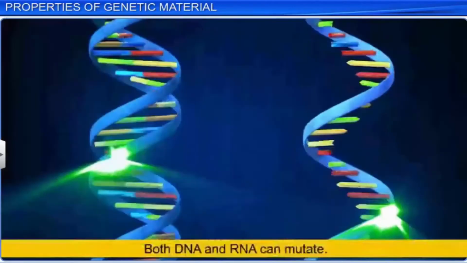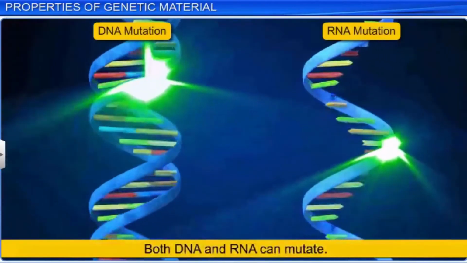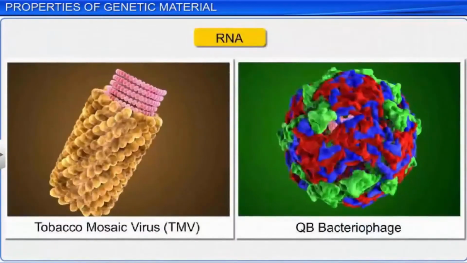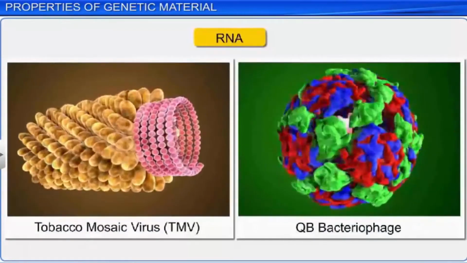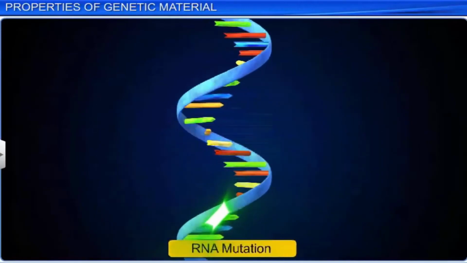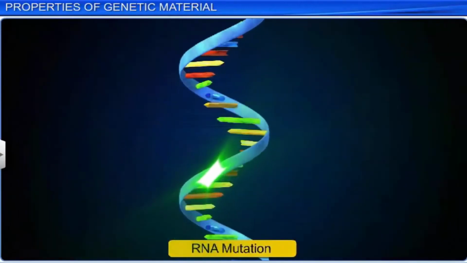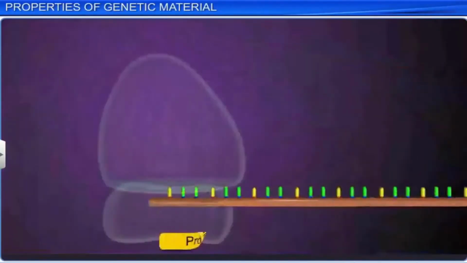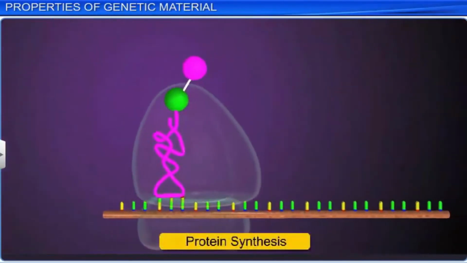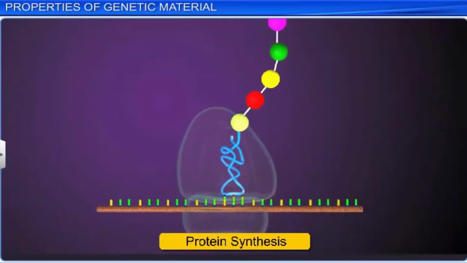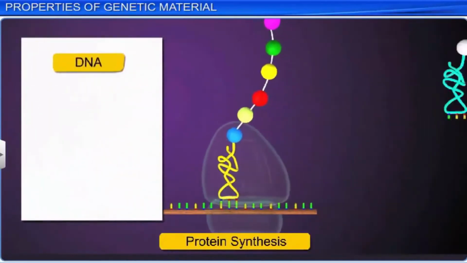Yet, both DNA and RNA can mutate. However, viruses with RNA genome evolve faster by mutation due to the ability of RNA to mutate quickly on account of its relative instability. Nonetheless, RNA can directly code for protein synthesis and thereby easily express the characters. In this regard, DNA is dependent on RNA,